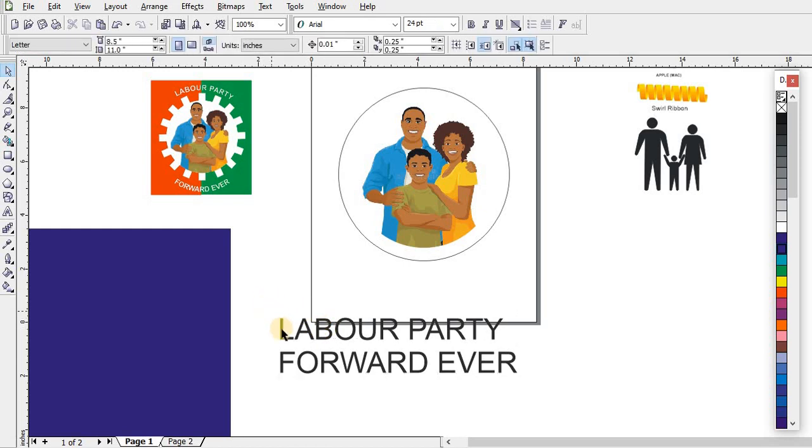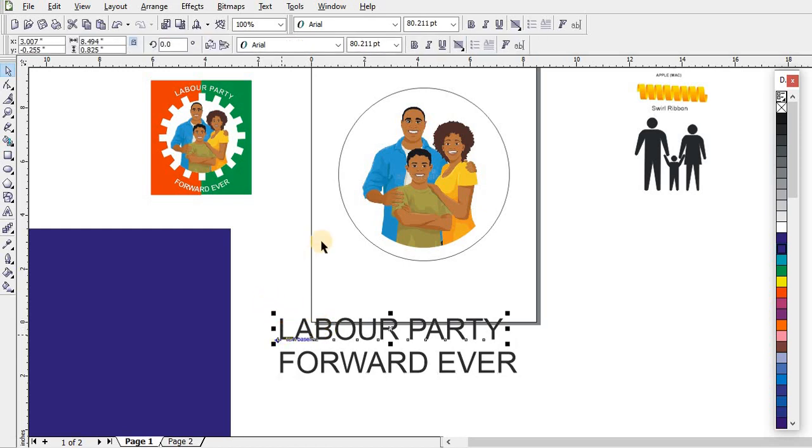Fine. So what do we do next? We have to reduce it a little bit. We have to move this Labour Party on top of this place now. So how do we go about it? We now select the text we want to place at the top. Select it. Then use this text